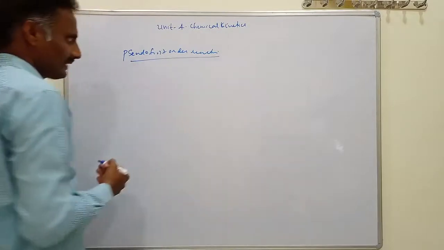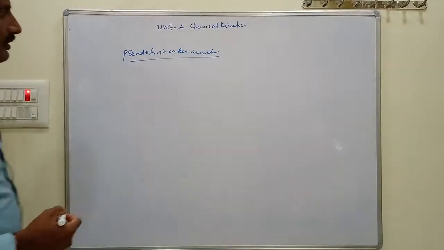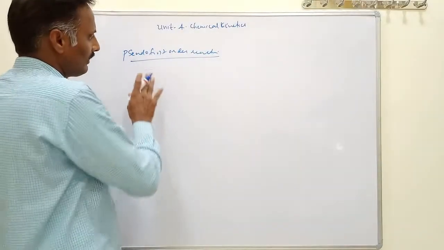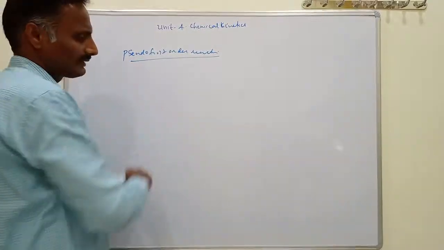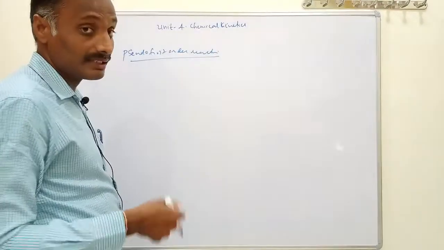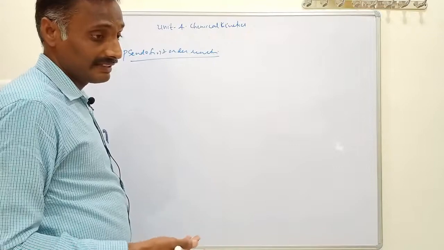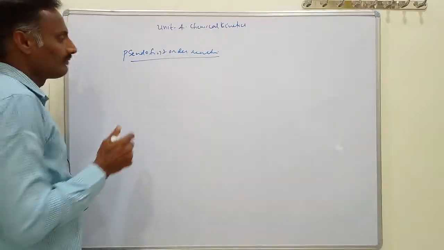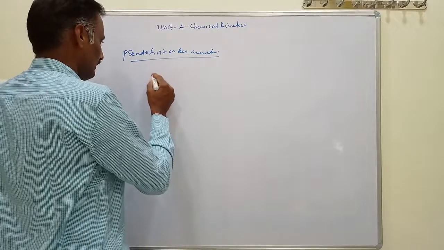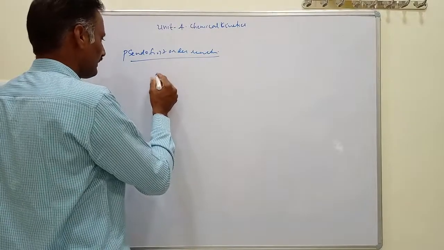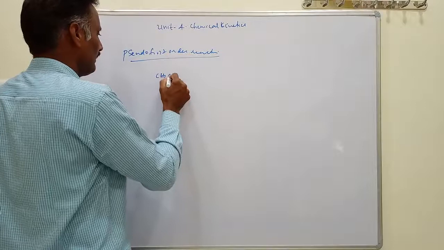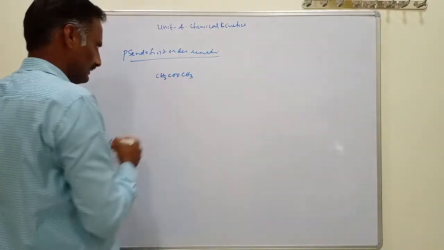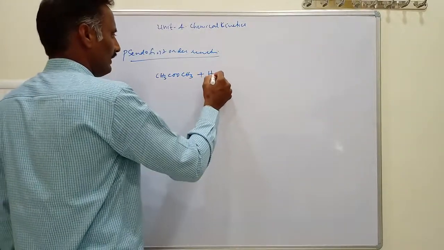And what are pseudo first order reactions? A pseudo first order reaction is nothing but a higher order reaction. Any higher order reaction that follows first order kinetics by changing experimental conditions is called a pseudo first order reaction. For example, the hydrolysis of methyl acetate, CH3COOCH3. When methyl acetate undergoes acid hydrolysis,